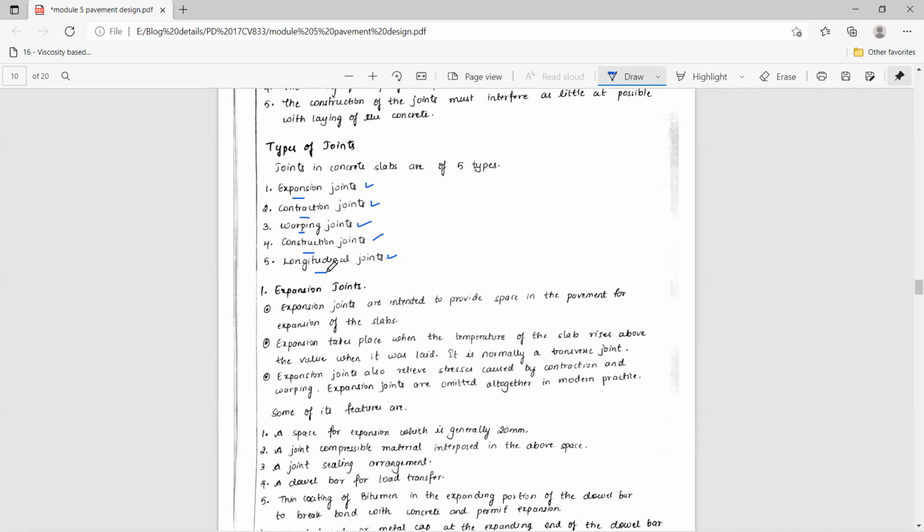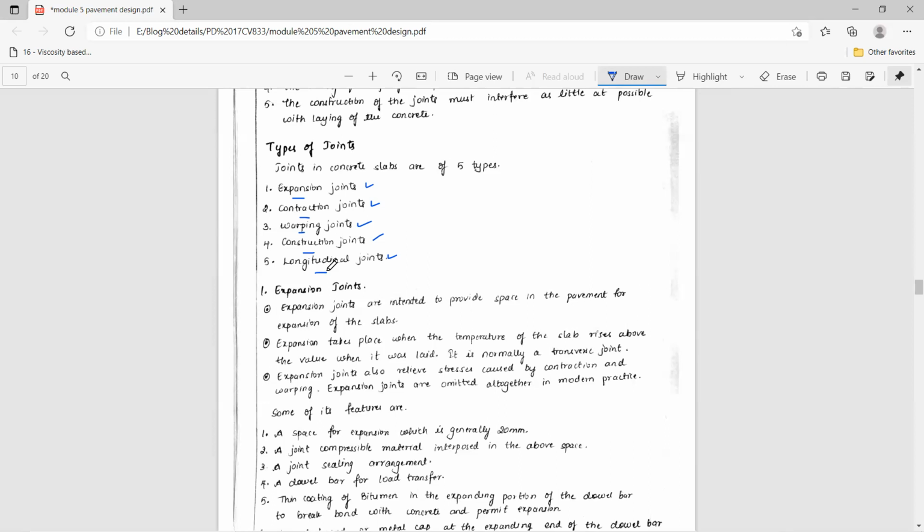Now, in the other context, if you take a cement concrete slab during the afternoon session, when the sunshine is very high, the top of the slab will get a high temperature when compared to the bottom of the slab. When this is the case, there is a possible chance that the top of the slab will undergo expansion and the bottom of the slab will undergo compression. Because of the heavy expansion on the top, the edges of the slab are going to curl a little bit.